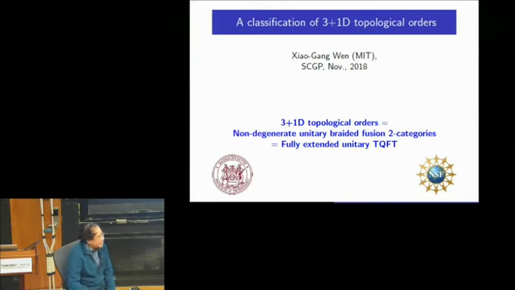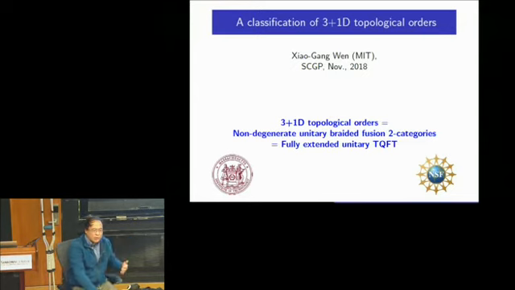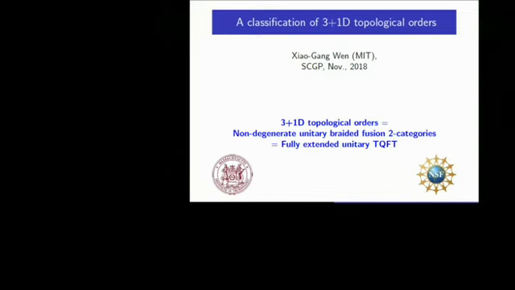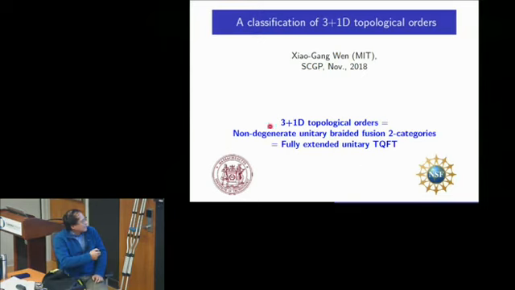And today, what I'm going to talk about has a slightly different emphasis, because I will not discuss the physics near a critical point, which is described by field theory. I try to describe physics very, very far away from the critical point. So in some sense, the physics I'm going to discuss is not field theory. But however, it's still called fully extended unitary topological quantum field theory. Somehow this field theory is such a powerful name, so people want to use it all the time.